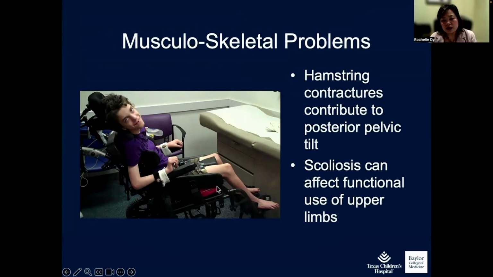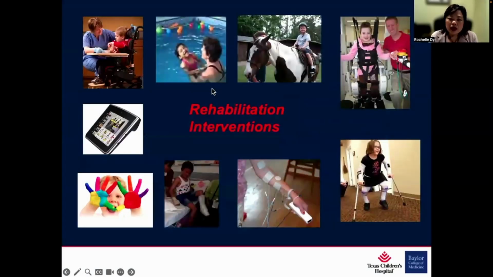And as we said, musculoskeletal changes will happen over time with growth. And this is one thing that is special for children that we don't see in adults, which is growth. And so we need to be diligent and also monitoring some of